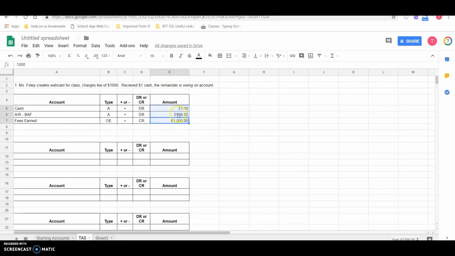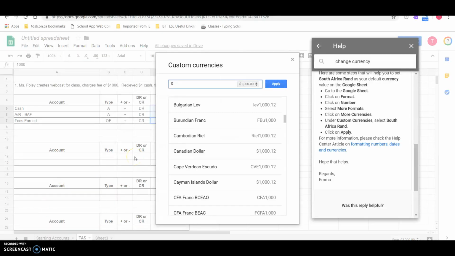Yes, it converts it to pounds. Okay, hang on, I'm going to figure that out. Just an update in case yours does default to another currency. I looked it up in the help and basically it said to go into